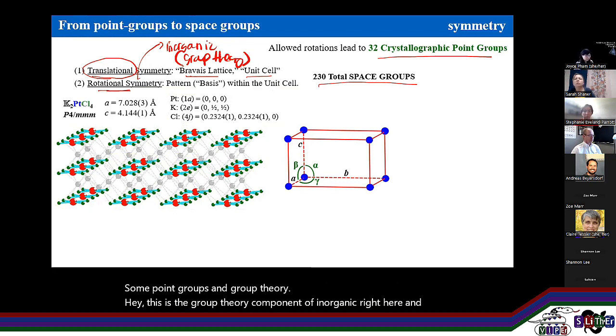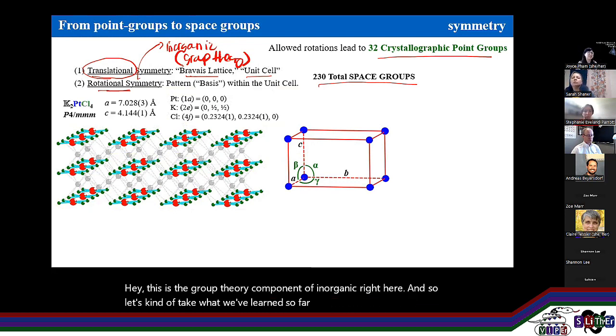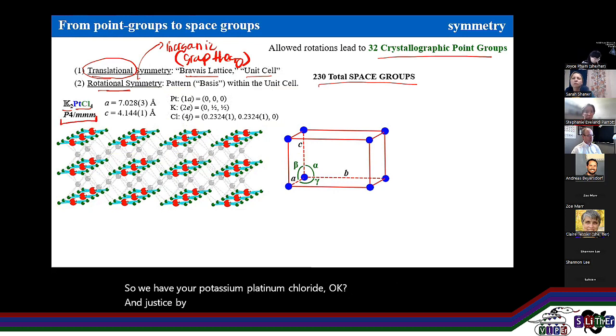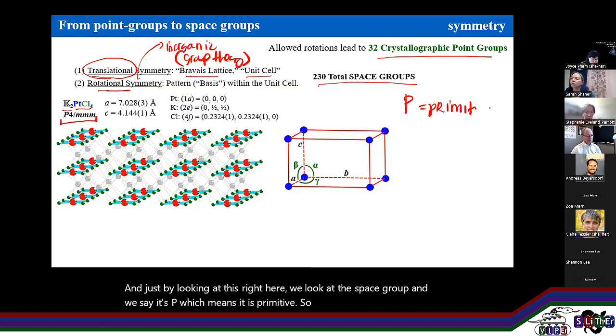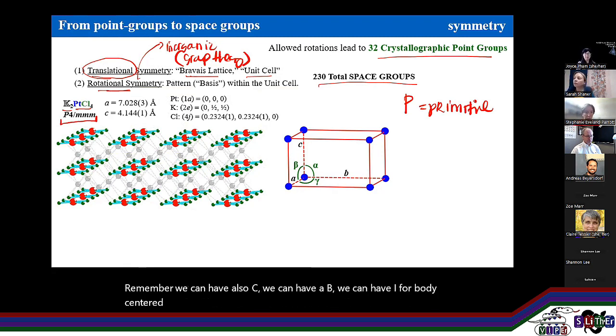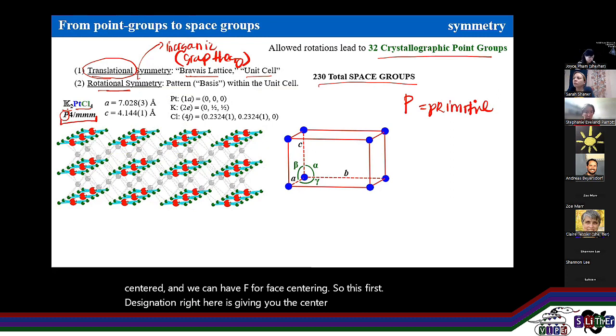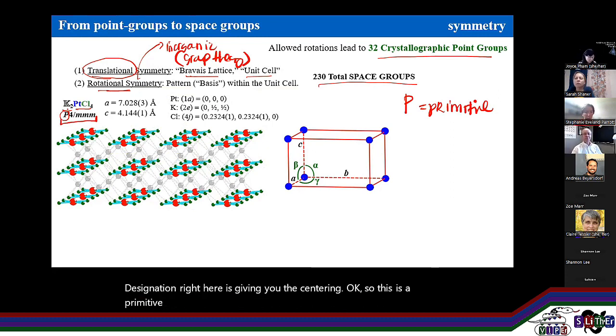And so let's take what we've learned so far and apply it to an example. We have here potassium platinum chloride. Just by looking at the space group, we say it's P, which means it is primitive. Remember, we can also have C, A, B, we can have I for body-centered, and we can have F for face-centering. So this first designation is giving you the centering. So this is a primitive unit cell. Then we have 4